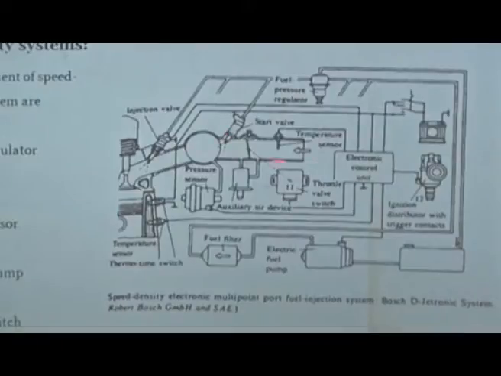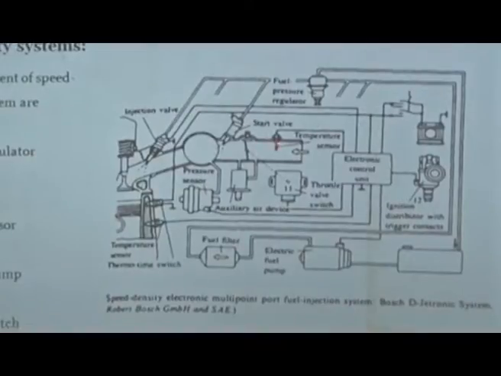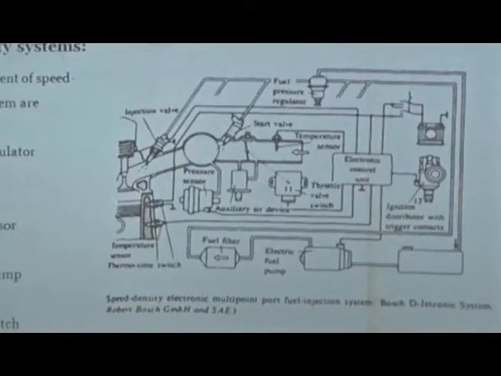So this is called the speed density system, because here the mass flow rate is not calculated directly. What you are using directly is the speed of the engine and the density of the air. Density of the air you are measuring by pressure and temperature data. So there will be a lookup table built in, and based on the temperature and pressure this will calculate how much is the mass of the air. Okay.